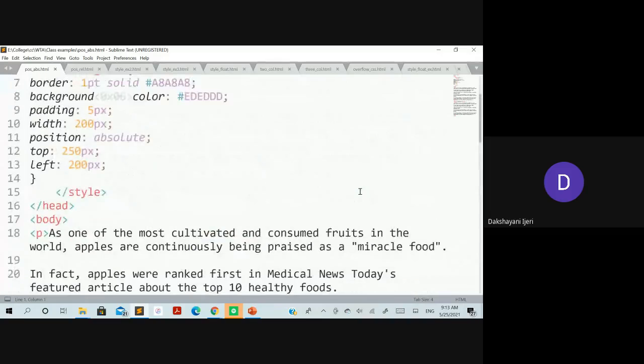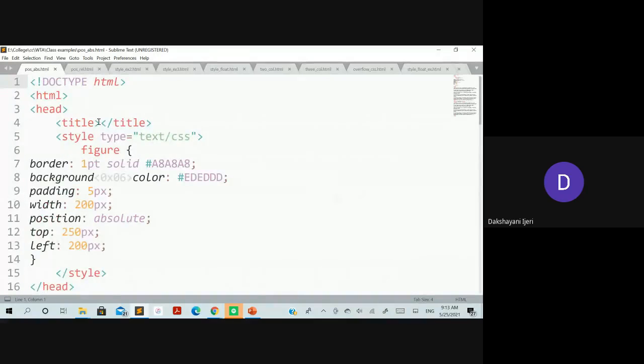Okay, here, this is an example. While defining the style for the figure element, I hope you remember what the figure element is. With the help of the figure element, you can include the image and the figure caption together into a single element known as the figure element.